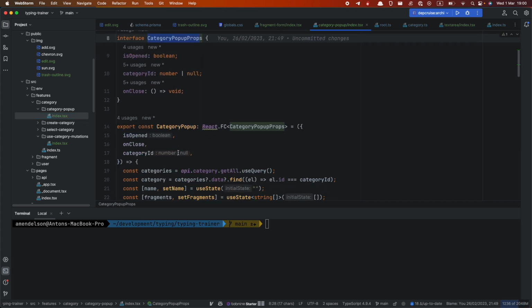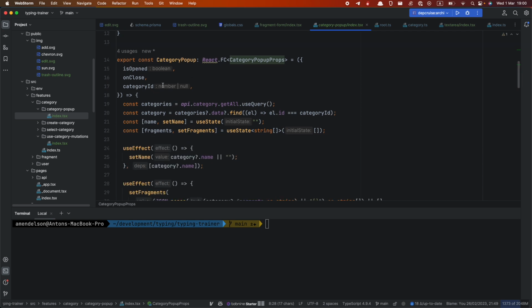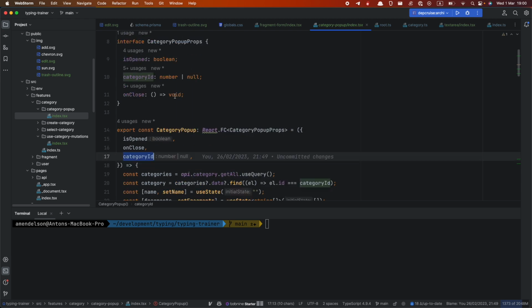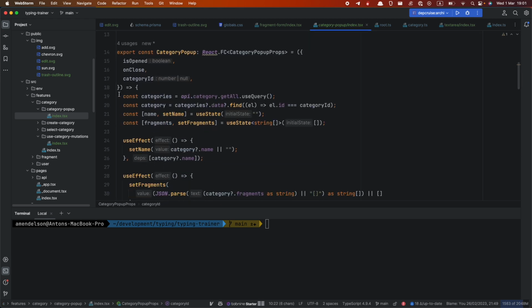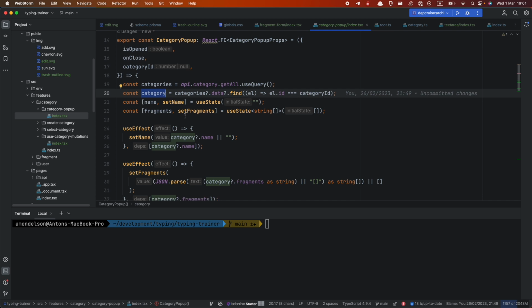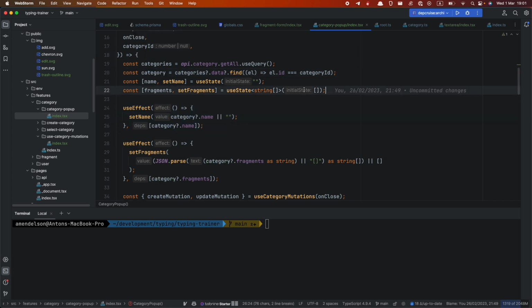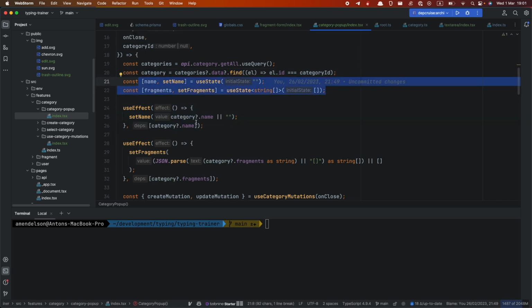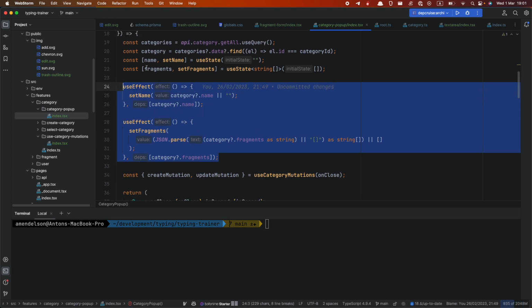We had previously create category pop-up, but now it's just category pop-up and it receives category ID that can be null. So what we do here, we actually grab our categories from the query and we find our current category from the ID, from the props. After that, we keep in state our fragments and name, and we update the name and fragments every time we